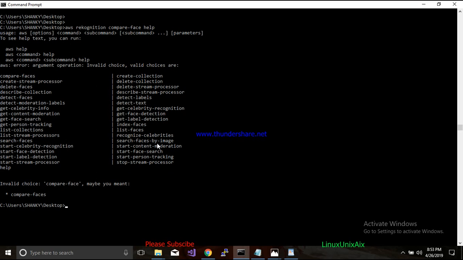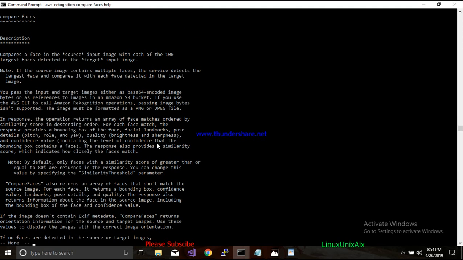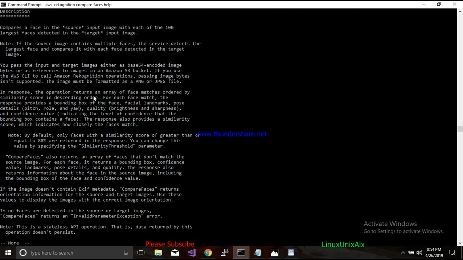Okay, so what it does, you see, I missed the S here. That's the best part of this command line. You can use the help if you don't know anything. So: compare a face in the source input image with each of the 100 largest faces detected in the target. So it will compare the two faces,